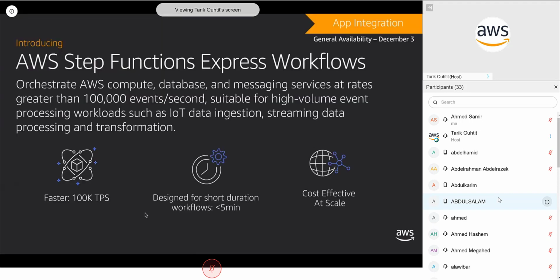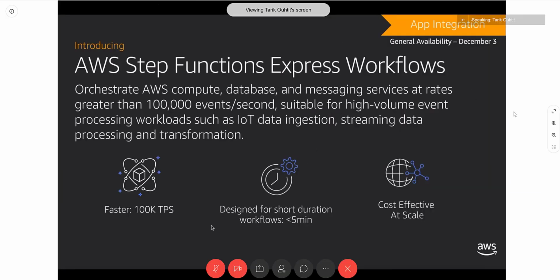We launched step functions quite a while ago now. It's been around for a long time. But it wasn't amazing for scenarios where you had a really high transaction throughput. So maybe you've got hundreds of thousands of events per second that you want to trigger a workflow for, high volume scenarios. Or maybe you want very, very low latency responses. We launched the idea of express workflows that fit very well into this scenario of high transactions per second, but shorter duration on the workflows. And they allow you to operate at a much better cost efficiency scale. So if you've got this kind of workload, I advise you to have a look into step functions, especially the express workflows if you've got that high throughput requirement.